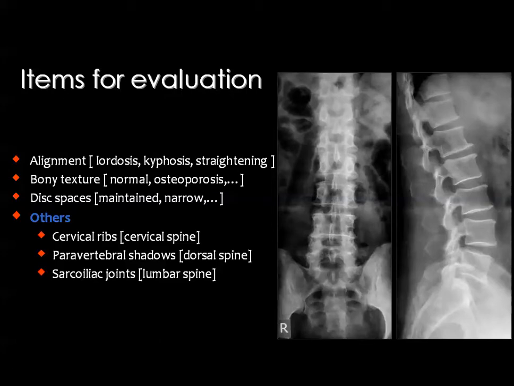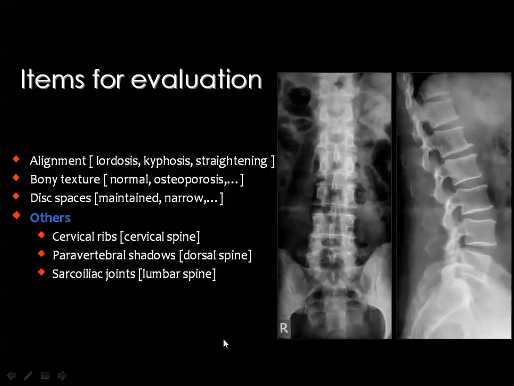Then what to evaluate in the spine by the plain X-ray? We have three items for evaluation. Number one, the alignment. The vertebral alignment, whether lordosis in the cervical and lumbar, kyphosis in the dorsal, and if the curve is straightened, we may say that there is a straightening of the lumbar curve, for example, or the cervical curve. Then we look for the bony texture, if the bone density of the vertebrae is normal, or there is osteoporosis or increased bone density,